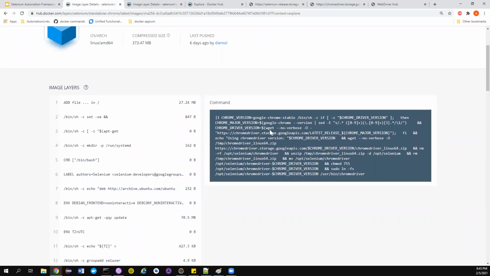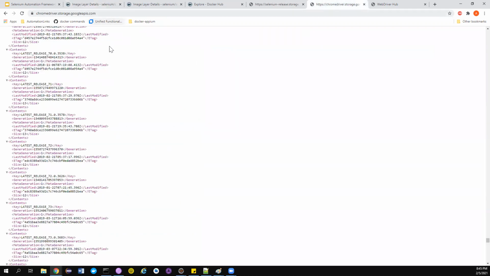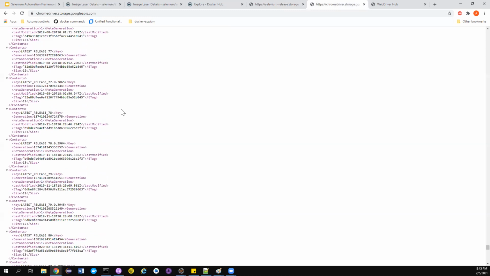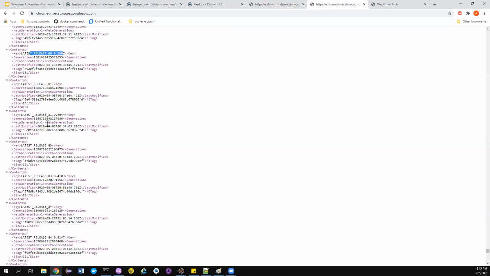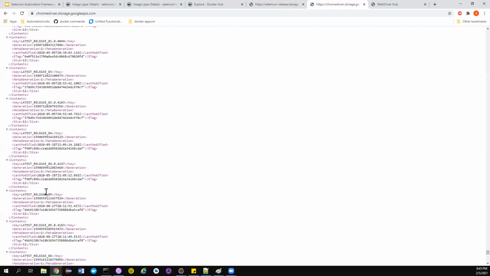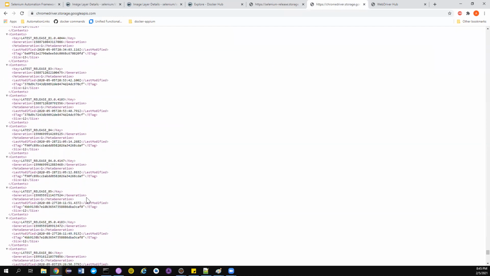Again, they are doing wget. They are trying to fetch some value from this particular endpoint. So Google APIs, chromedriver.storage.googleapis.com. So this is that particular thing. If you notice here in this particular repo, they are maintaining all the versions. Suppose this is the 80 version, right? So this is 81, this is 82, 83. Different Chrome driver versions are stored here. They are connecting to them and then fetching those values by hitting the URL.